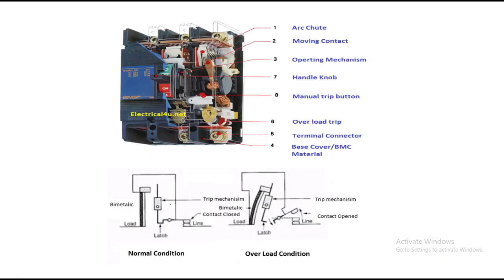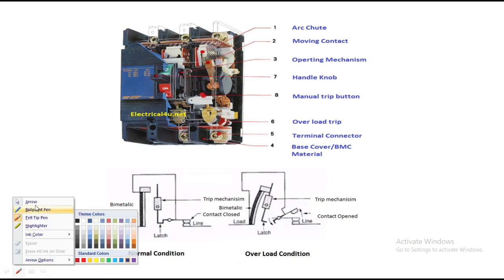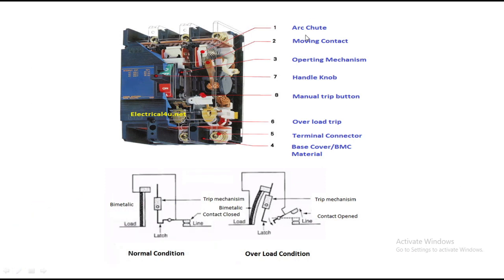Next. This is the general construction of the molded case circuit breaker. Look at here. It is the same as the air circuit breaker, but the construction is somewhat complicated because it has more features, so in order to get those features, it consists of more components. Generally, this is the arc chute. What is the application of the arc chute? The arc chute is useful to decrease or extinguish the arc when the circuit breaker operation is performed. Whenever you switch off, an arc automatically comes. That arc will be removed in this area.